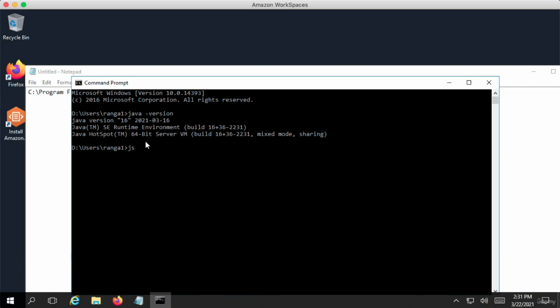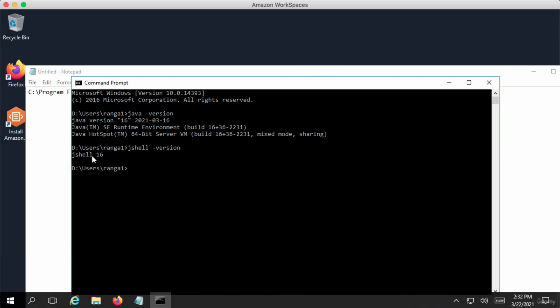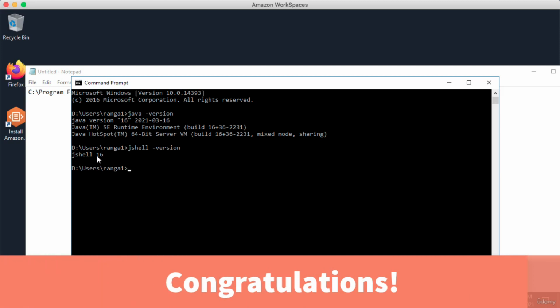You can also type in jshell, J-S-H-E-L-L -version. So jshell -version, and you should see jshell 16 also present in here. So if you see both of these, congratulations. You are all set with your Java installation, and you are ready to get started with the problem solving sections